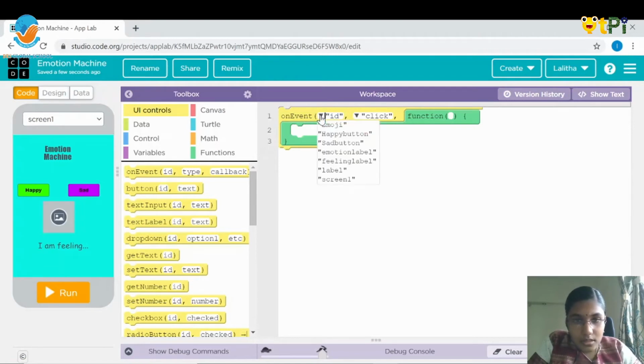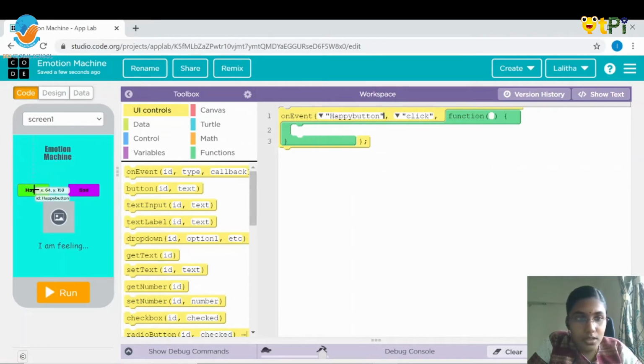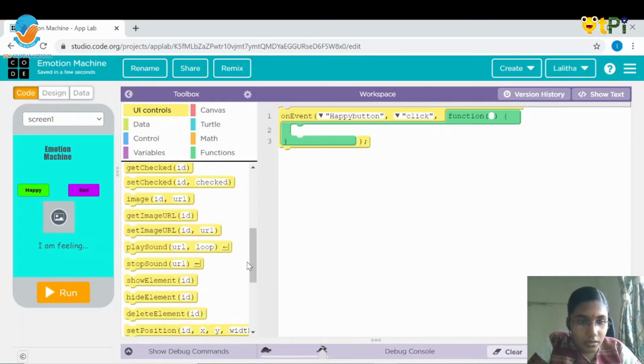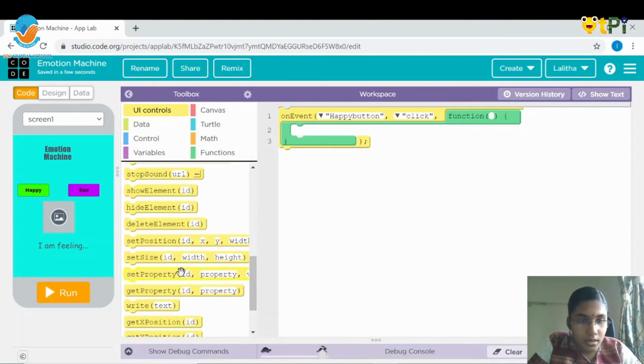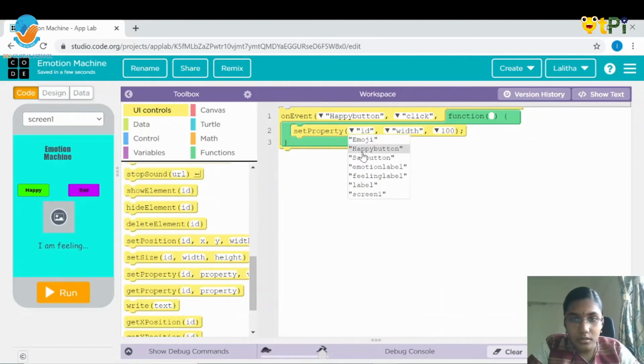So first let's rename this. Instead of ID, I'm going to give it as happy button, because first we are going to do it for the happy button. And next we need to drag and drop that property, and instead of ID I'm going to give it as emoji, because first I'm doing for the picture, and then I'm going to be moving on with the text.